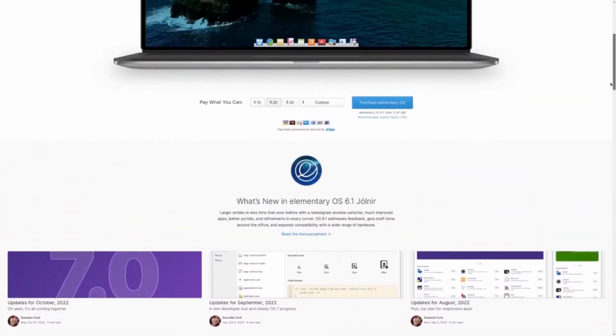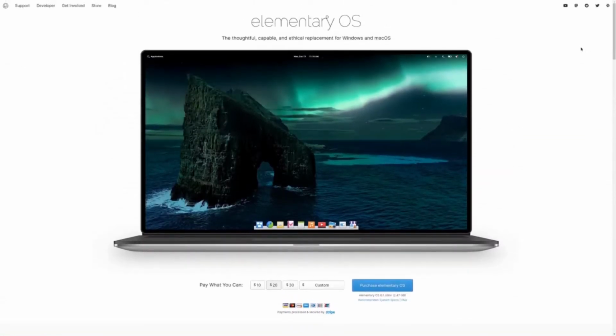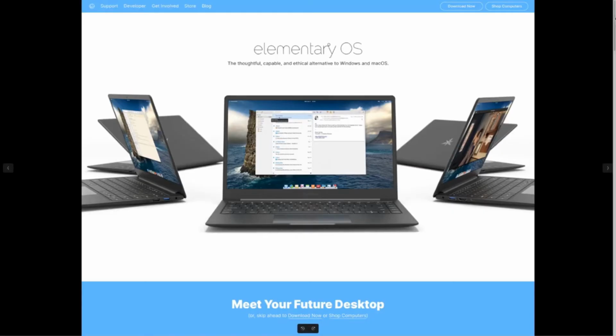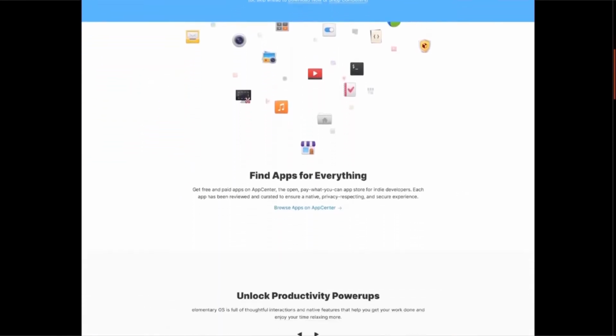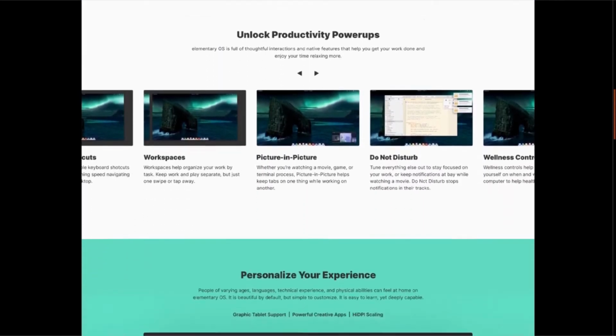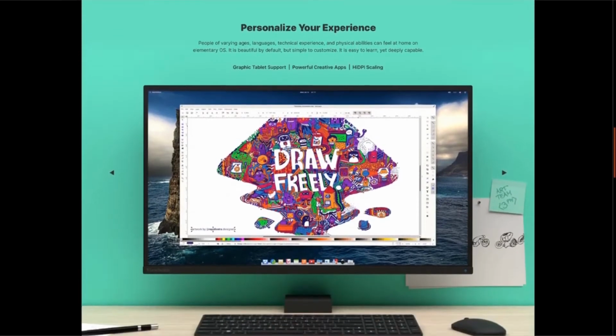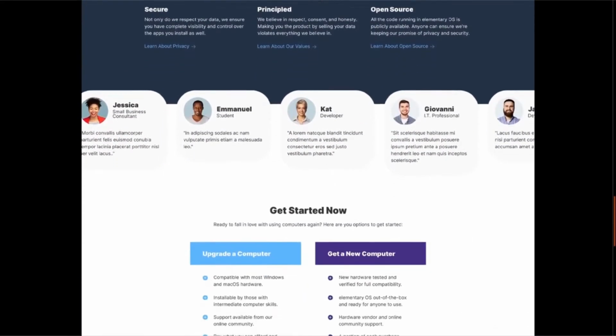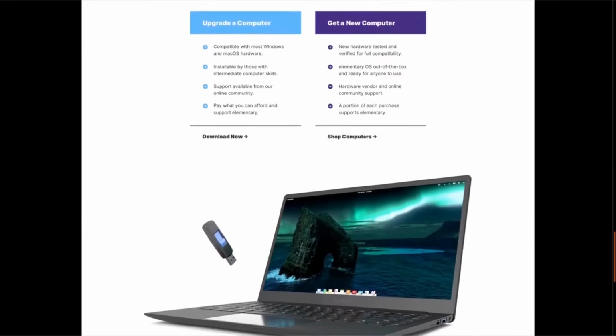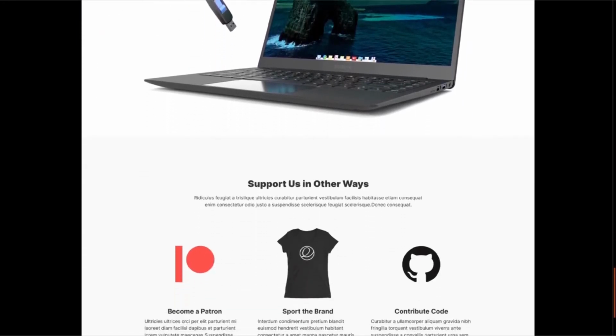Elementary creates the Windows and Mac OS alternative called Elementary OS. This is a web page design and set of renderings we created for them as they were looking to more deliberately promote its new partnership with a hardware vendor. But before I get into how we design the page, I'm going to jump back in time and look at a small detail to showcase another important free software application.